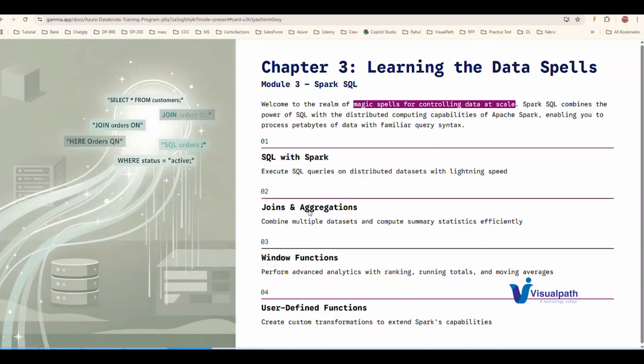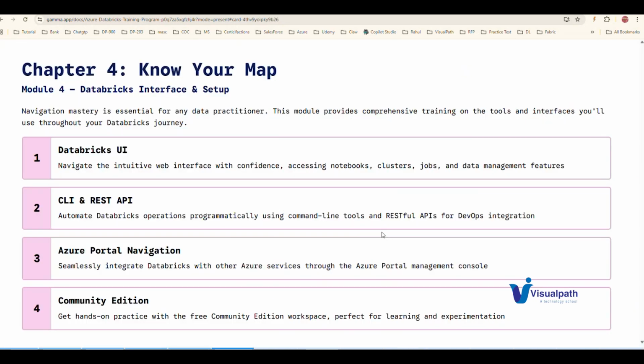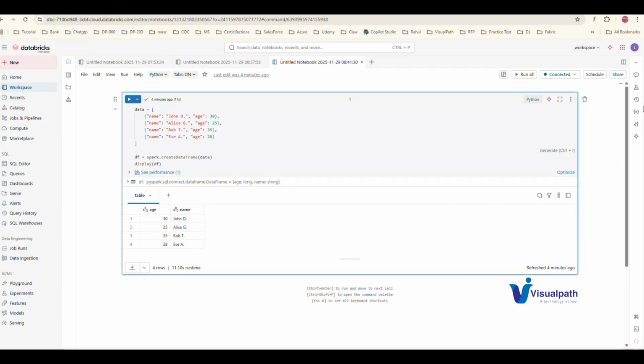We will start from Python, and PySpark will be the next thing. Then we will have an introduction to Databricks, then we will go to Spark SQL. The next thing is how we are going to interface with Databricks. We have mainly four ways of interacting with Databricks. One is the UI, the user interface used for Databricks. This is one way we can interact with Databricks.